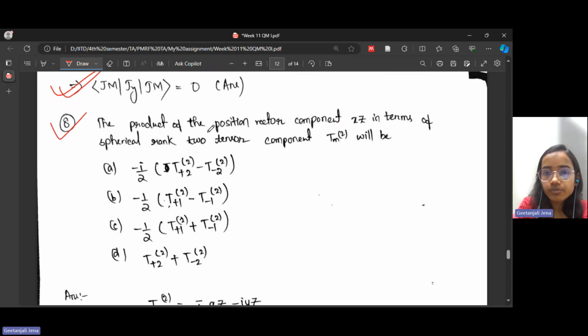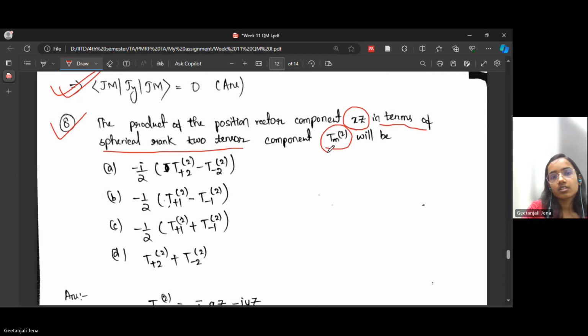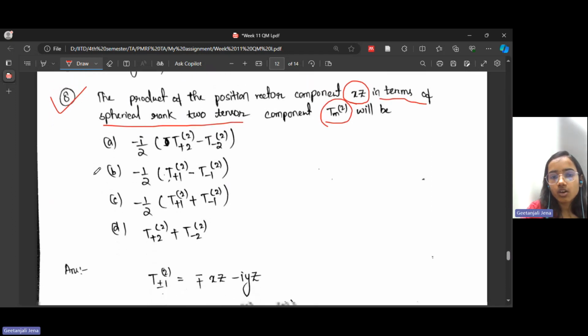The product of position vector component x z. So this is the product of position vector components in the Cartesian coordinates, right? It is asking about the product of position vector components x z in terms of the spherical rank 2 tensor component T m 2. And there are 4 options given to you. So now if you recall,